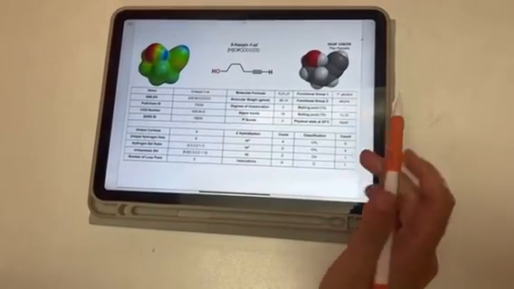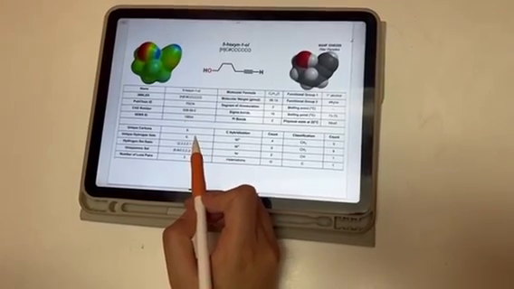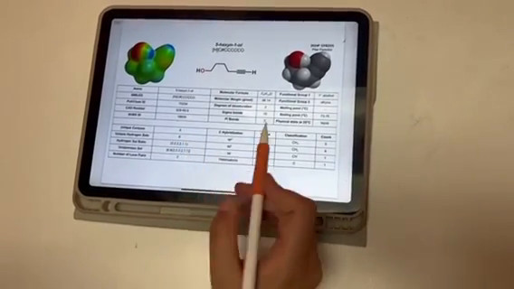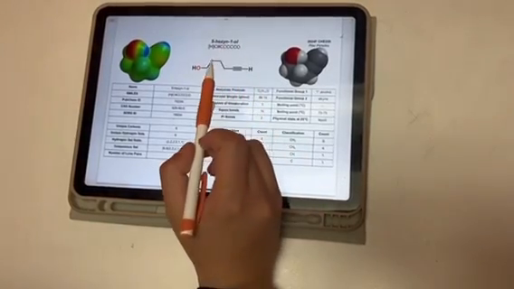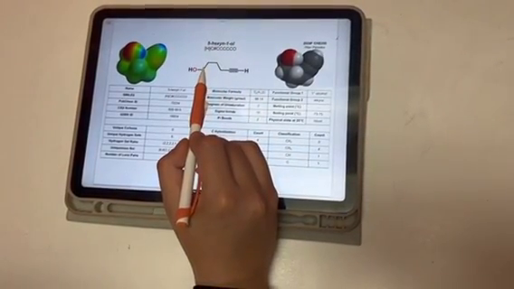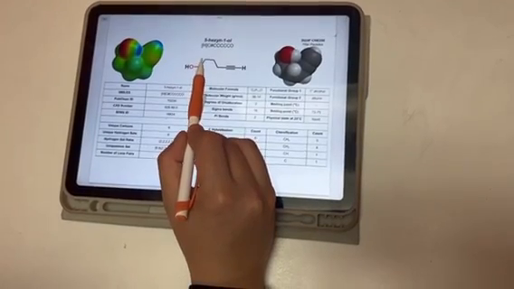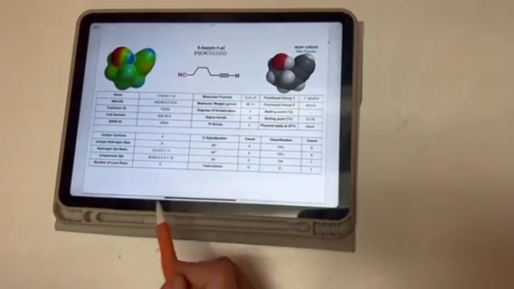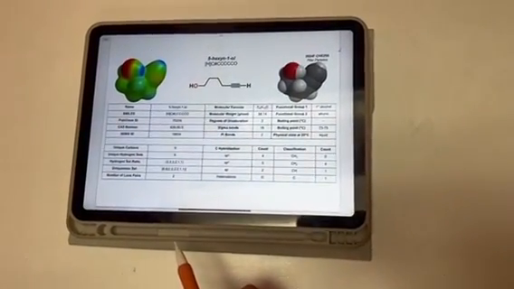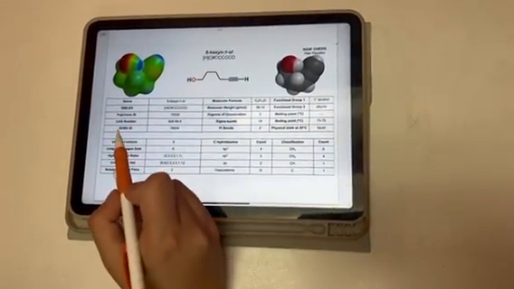The molecule has 6 unique carbons and 6 unique hydrogens. It has 2 sp2 carbons and 4 sp3 carbons, sorry. The 4 sp3 carbons are present right here, 1, 2, 3, 4. The 2 sp2 carbons are present right here on the alkyne triple bond. The molecule's CAS number is